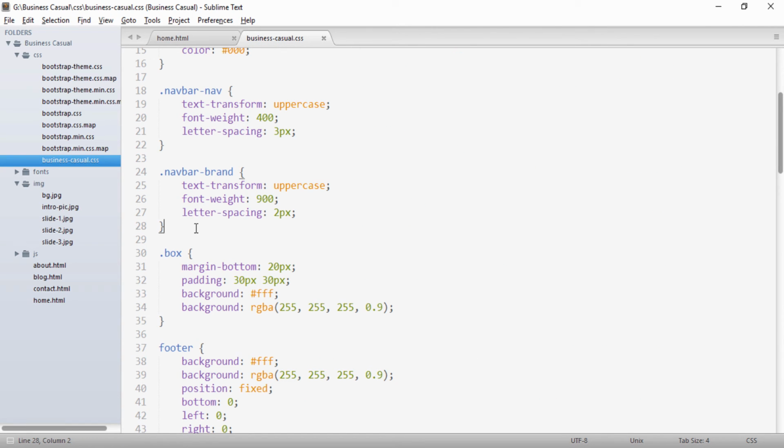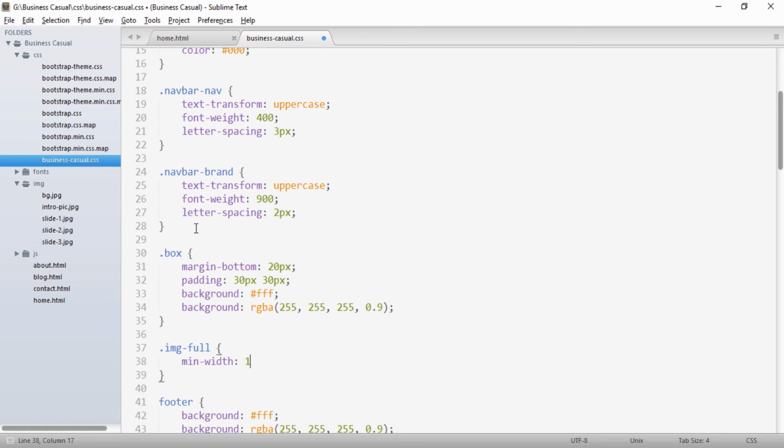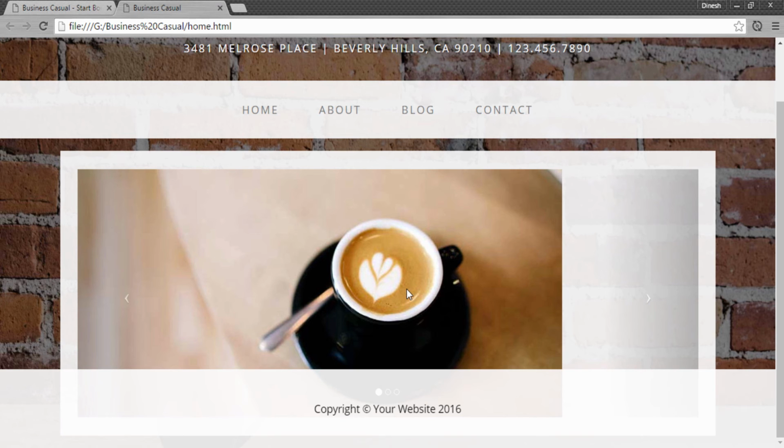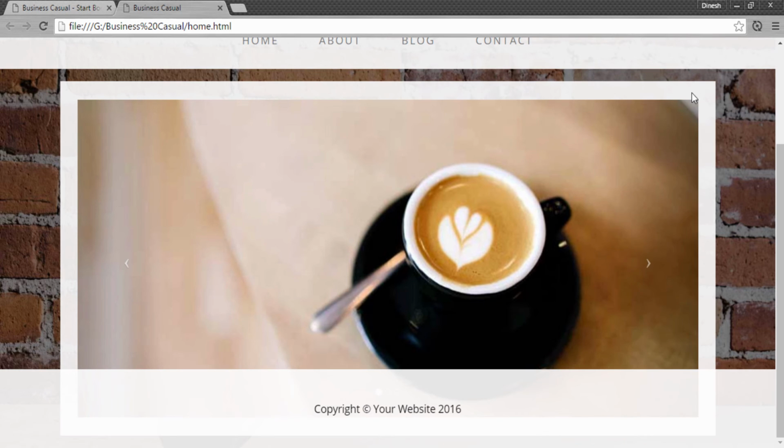Now here just below the box I will create image-full and provide it a minimum width, say 100%. So this will make the images have a minimum width of 100% of the div in which they are placed. So if I now go to my site and refresh it, you can see the images occupied the complete carousel inner, but you can see this footer.